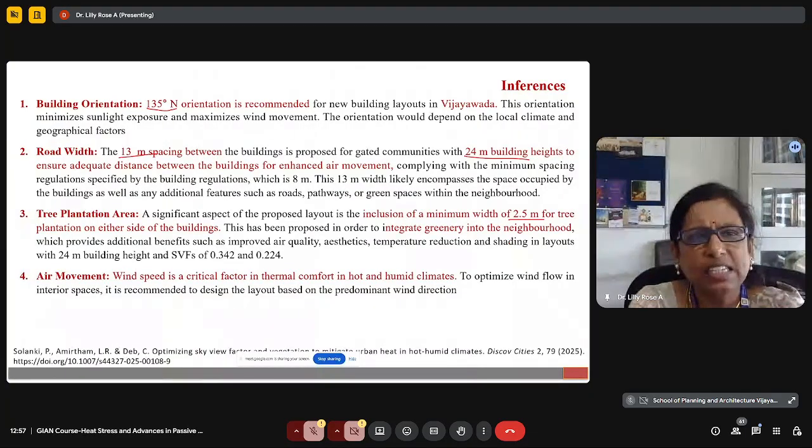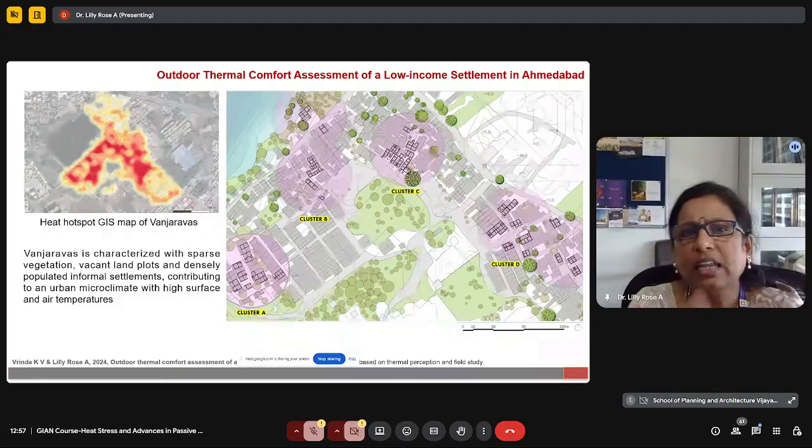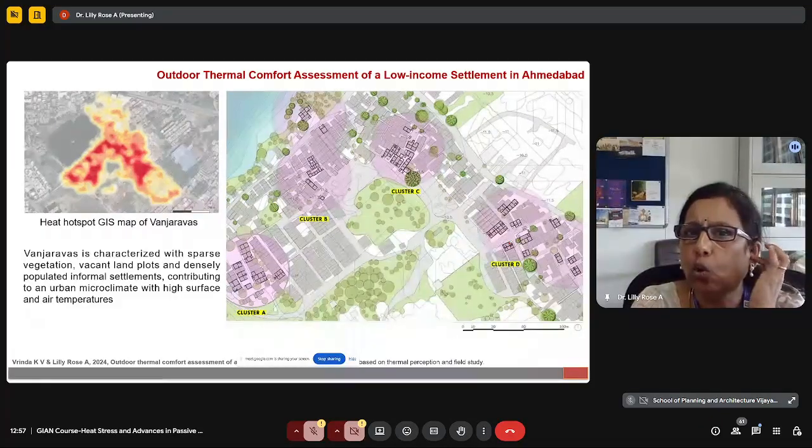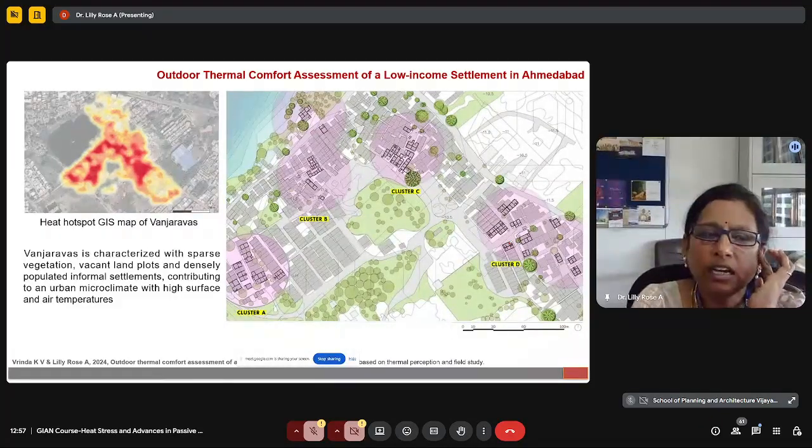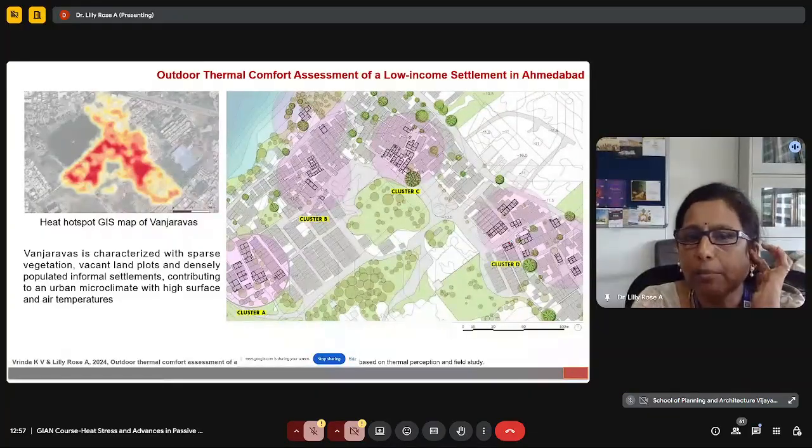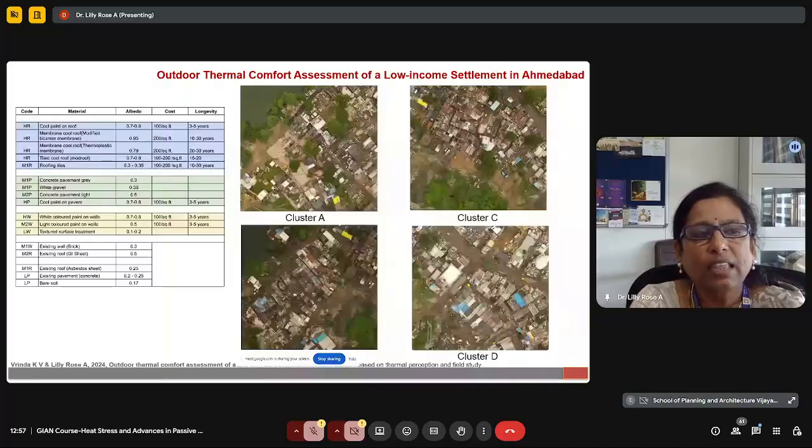And there's another study which was done at Ahmedabad, especially in low income settlements. Here, it was found as a hotspot in Ahmedabad. We analyzed 4 different clusters here, wherein we tried interventions at the roof level, pavement level, and at the wall levels. So we modified different